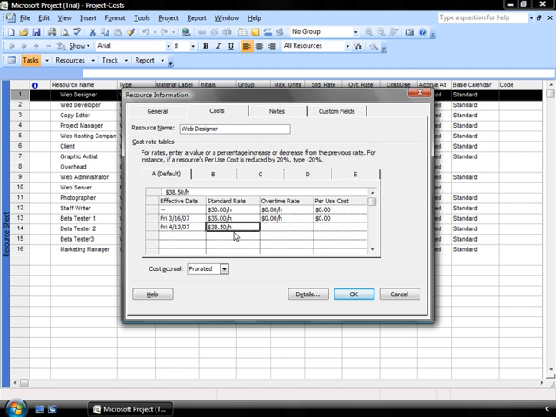Another thing I may want to do is to have a different rate for this particular resource depending on the task that they are performing. For example, on this particular project, this web designer has these fluctuating rates, but on the next set of tasks that I use the web designer for, perhaps I'm going to have them involved in the presentation that I'm giving to the client, I'm going to pay them even more because they are doing more project management rather than just straight designing. In order to identify a different rate dependent upon the task that the resource is performing, I can put that information in a different tab.